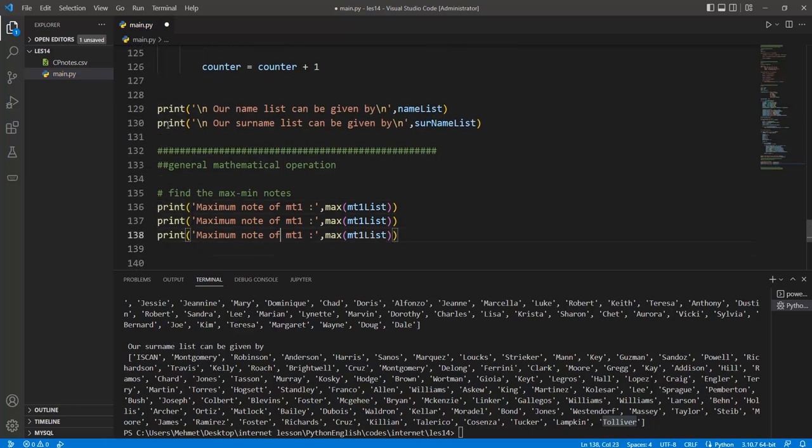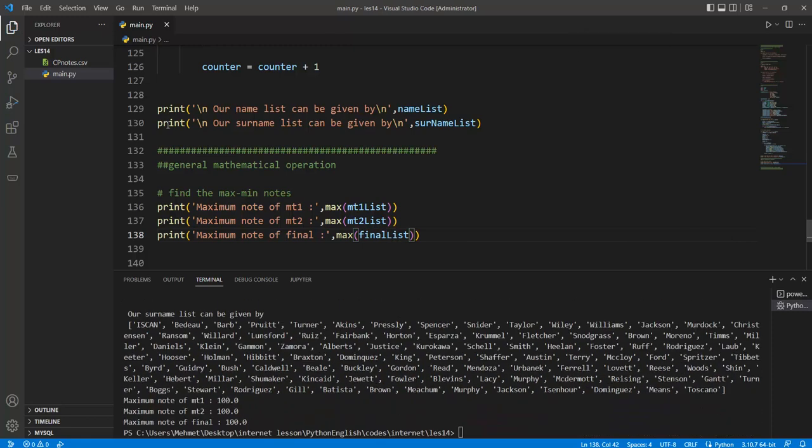And also the final value should be included in here, empty1 and the final list can be given. And so 100 is the highest point at each of MT1, midterm 1, midterm 2, or final